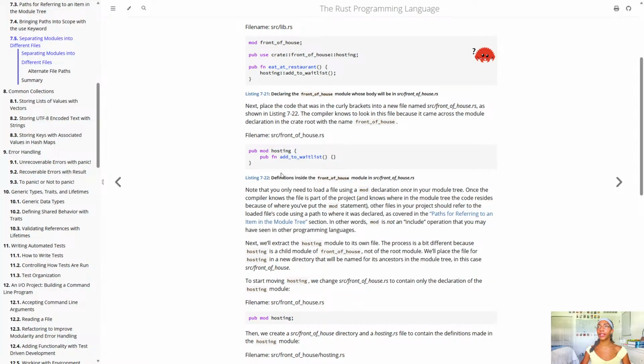Alright, let's finish this. So we have mod front_of_house, pub use crate front_of_house hosting. Now we have a pub function, which is eat_at_restaurant, and hosting add_to_waitlist function call right here. Now next place the code within the curly brackets in a new file called src/front_of_house.rs as